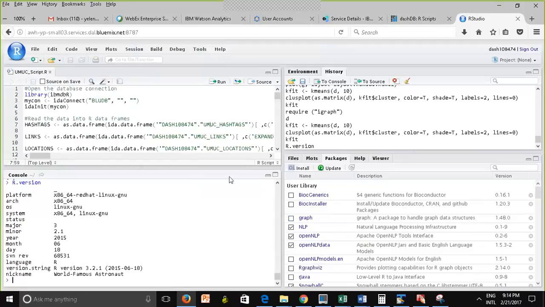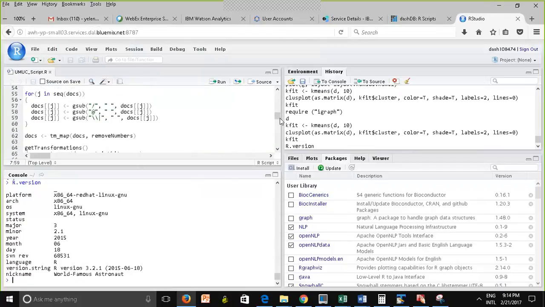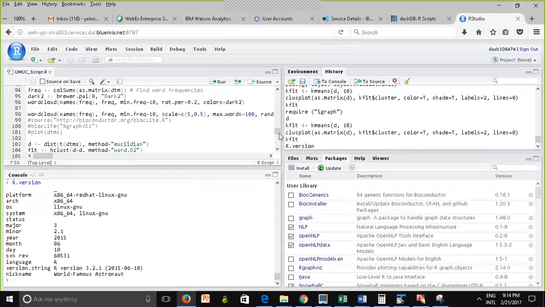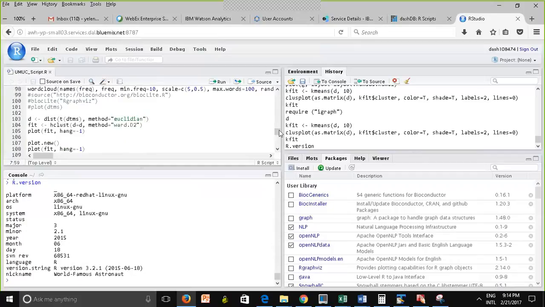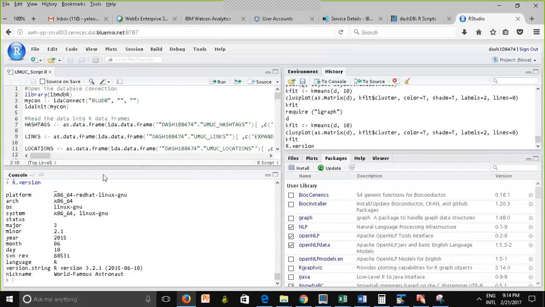So you would need to install tm. That package is available, and everything that you see I used here is available. So yeah, document-term matrices, they work. Word cloud should work. Clustering depends on what implementation you're using.